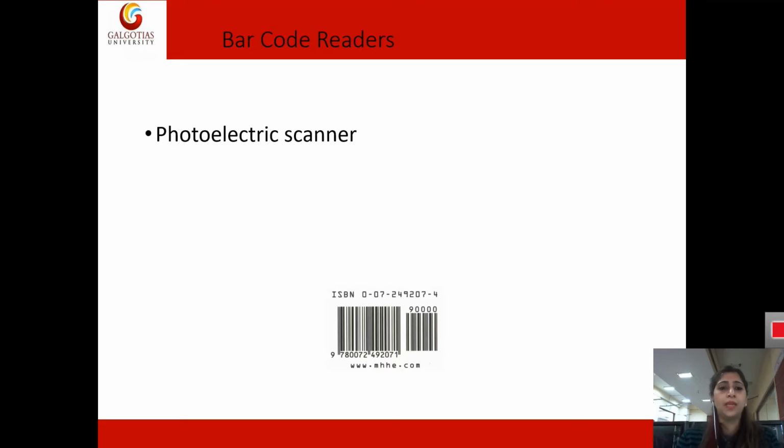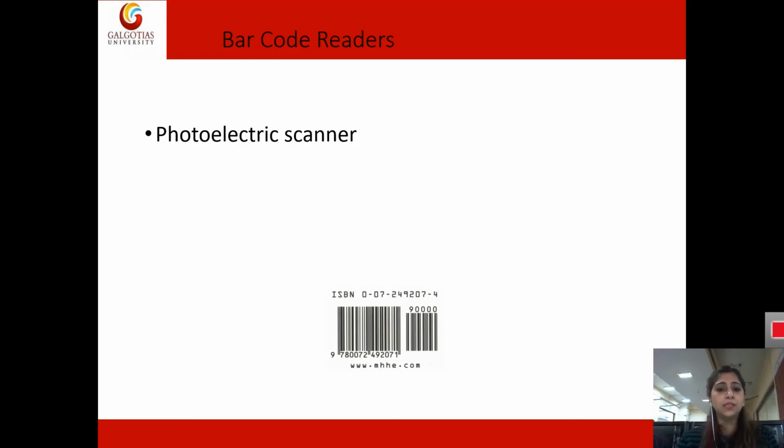And the next thing is the barcode reader. The barcode reader is a photoelectric scanner, and it is used in most market areas. Whenever we go shopping, we have those barcode readers on the counters. If you've seen those, they are small electric scanners through which the inventory can be maintained using these barcode readers.